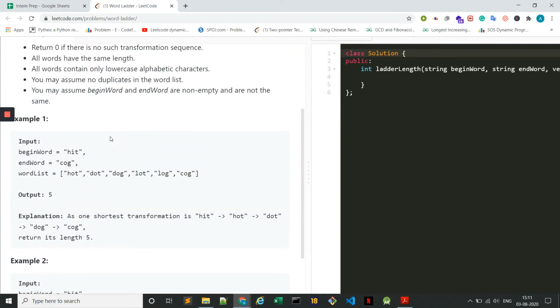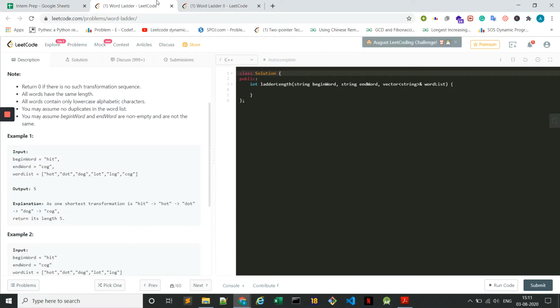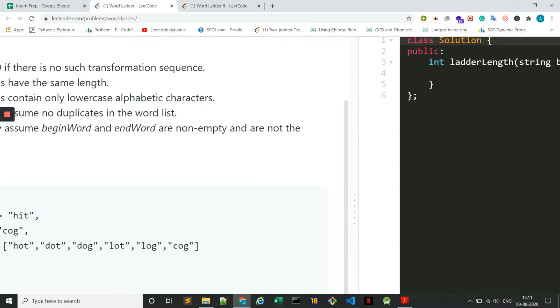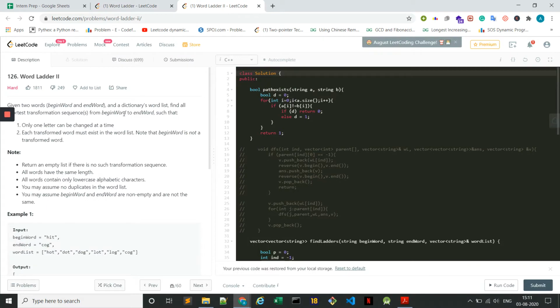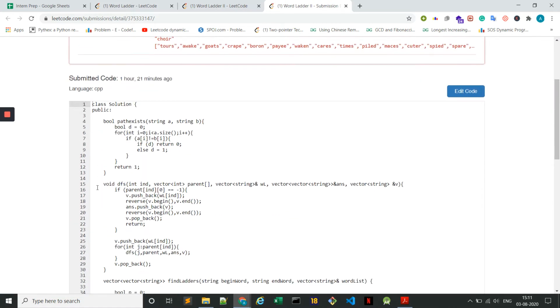So I think now in this case our solution which was giving TLE would pass. So I do not want to write it again. I think we can take advantage of these facts here as well. But the first solution that would come to our mind is the one which we used here.